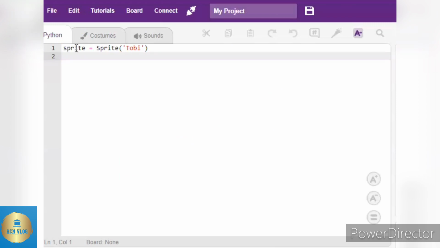Actually, what we are going to make in this project today: the first thing is we are going to turn on the camera. Then detect the face. Then make Toby say the facial expressions. So for that, first you have to give a variable to store that. So ft is equal to